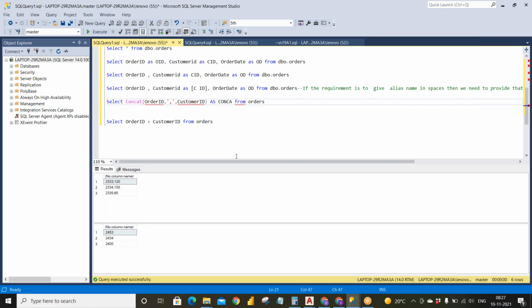I'll say concat of order ID and customer ID, and similarly I will say sum of OID and customer ID. So in both the cases, my alias will work.